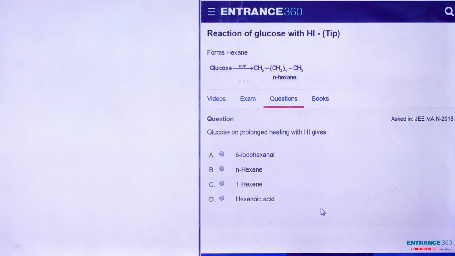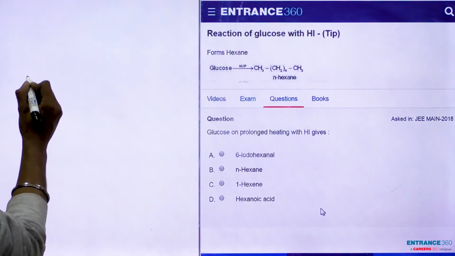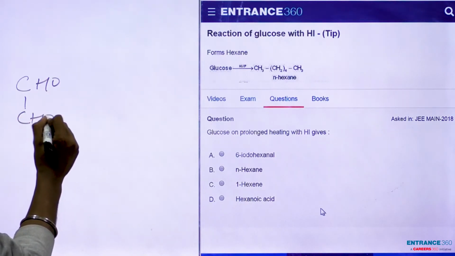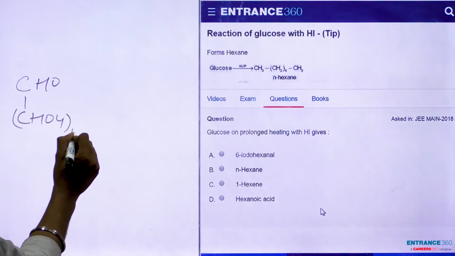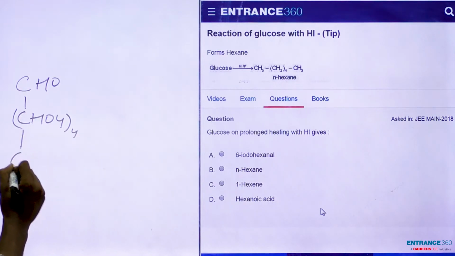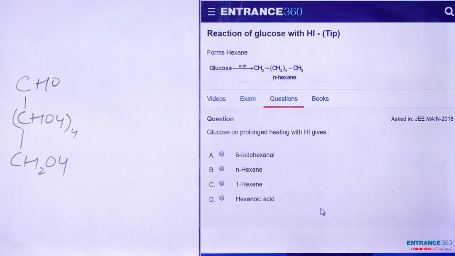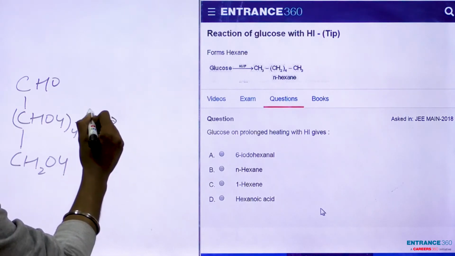So for the solution of this question, first we'll look at the structure of glucose. Four carbon atoms. Now as we can see, this is the structure of glucose. Now if we'll react with HI and we'll heat, so we'll get